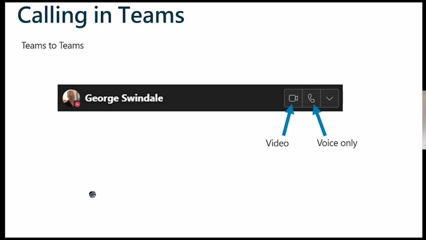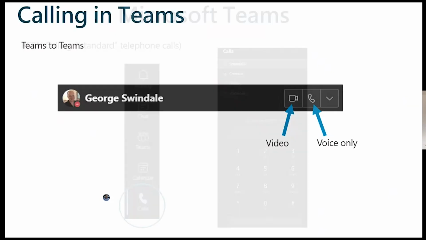But you can see how easy this is. It's just there in front of us. We haven't really got to go looking. As soon as we found that person, it's all there for us. So when we actually go to make our call,